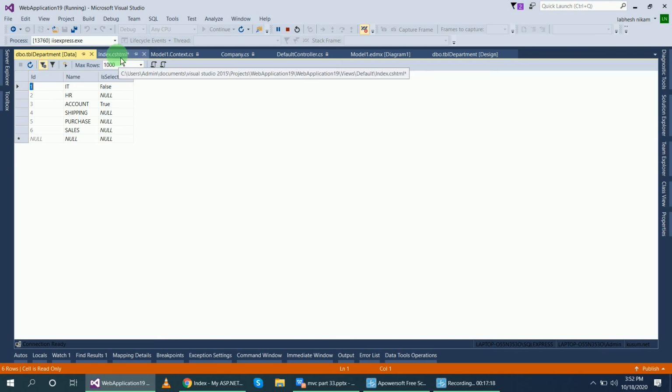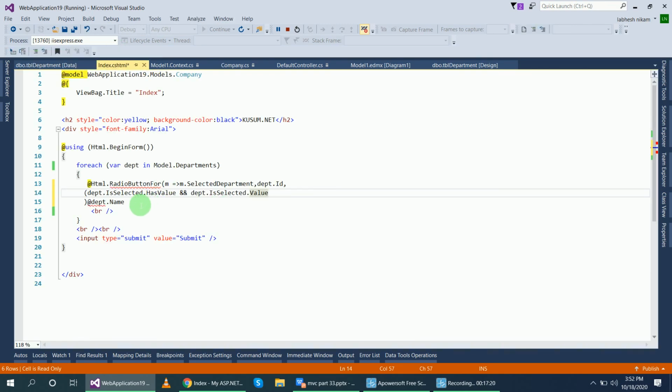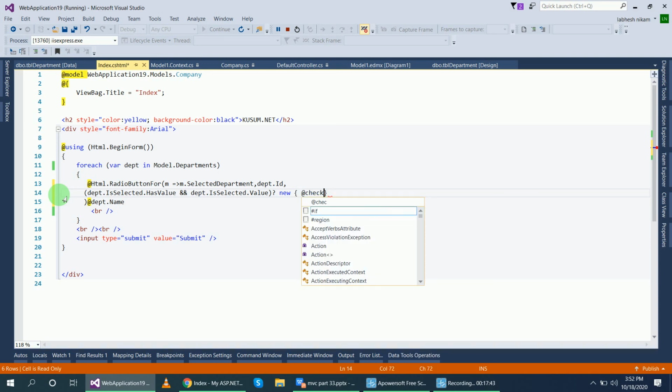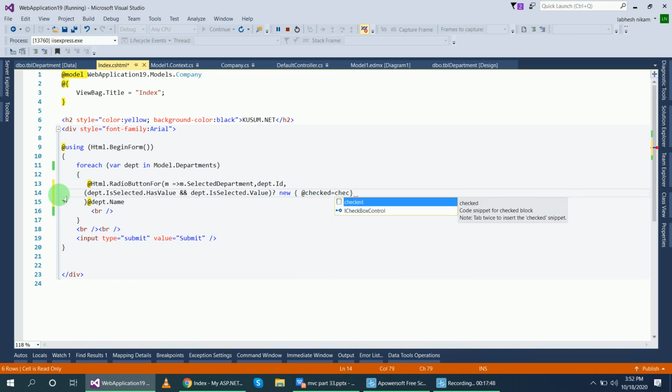For that, if department dot IsSelected has value and department dot IsSelected value is equal to true, then pass the new checked value, which is already auto selected, @checked equal to checked, because checked is a reserved keyword, so I have added this at symbol here.